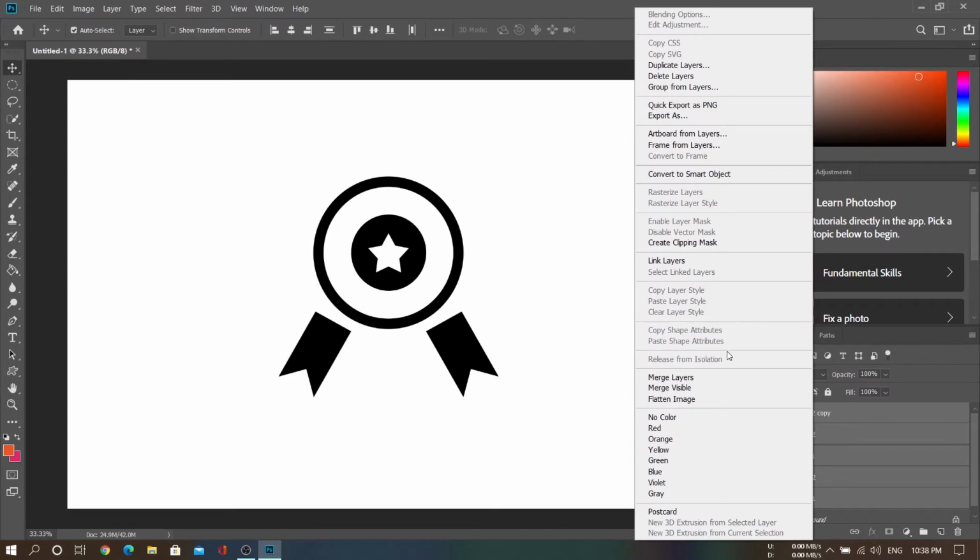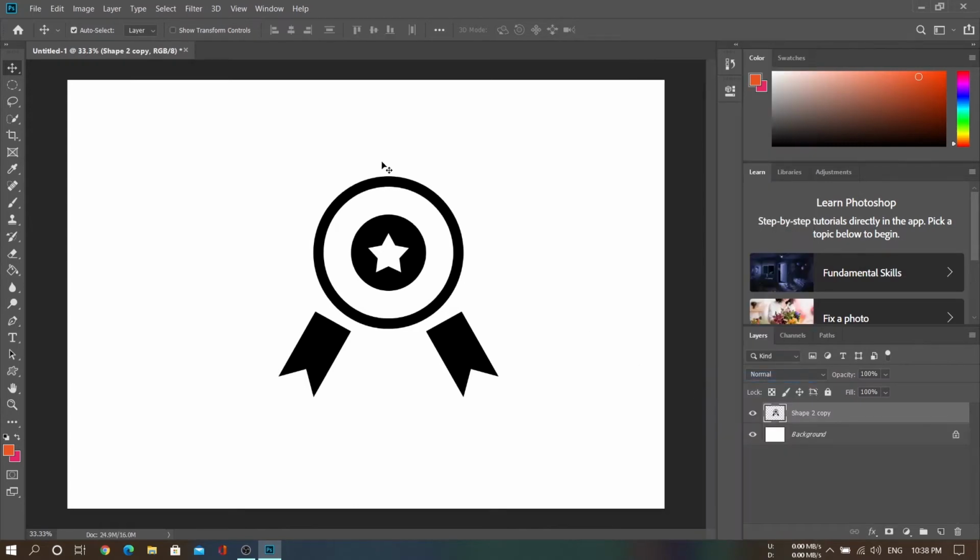Now we are going to merge layers, and we have drawn this badge. We can also rename this. Just double click on it. Just simply write badge. So by using shapes and the pen tool, we have created this certification badge we are going to use in the certificate.